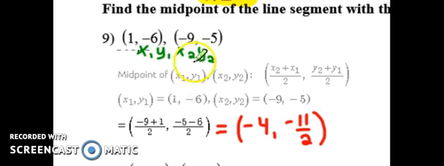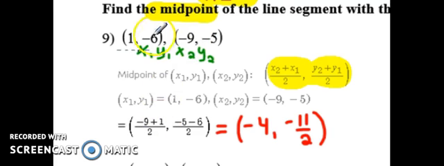In problem number 9, I am looking for the midpoints of a line segment. The midpoint, if you look at the equation, is really the average of x and the average of y. So first thing I'm going to do, I am going to label my points. So x1, y1, x2, y2. To find the average of my x's, I am going to go